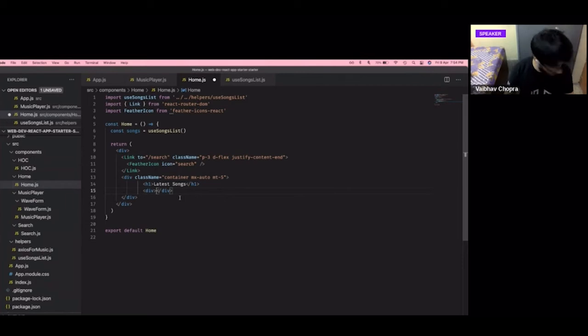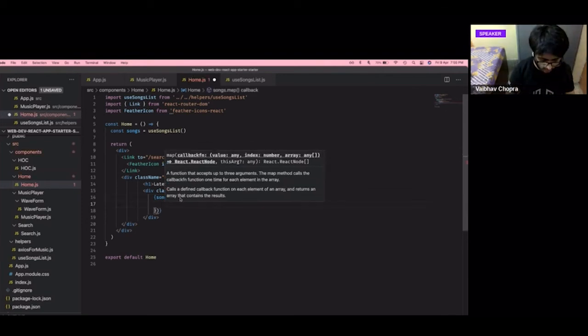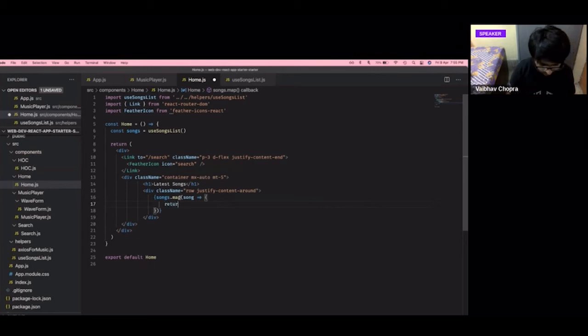Moving on, the class names that we have to assign to this part are row, justify-content-around. Basically this gives nearly equal space around the different tiles that we are putting. Now we will do a map. Like I said, we will do a for loop. This is the kind of for loop. So you get songs.map. Basically, you're mapping around the songs array, and for each song that you get, you have to return a certain JSX expression.